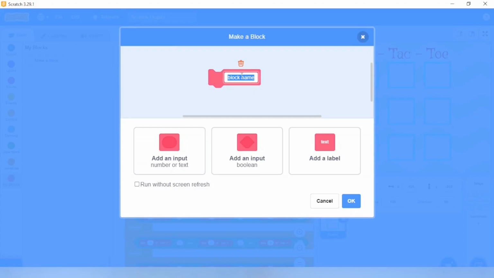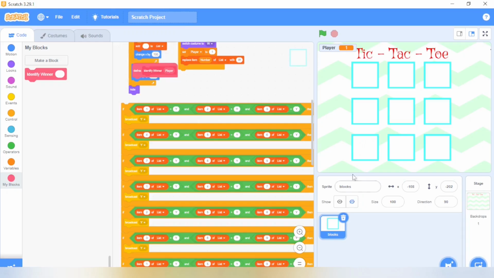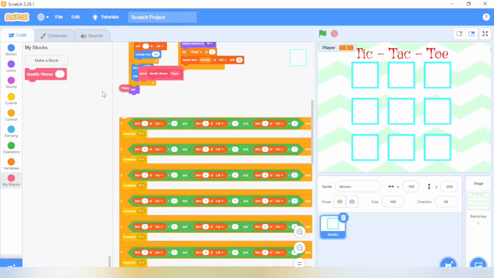For that, I'm going to write identify winner. And from where it's going to identify, I add the input and I will write over here player. It will identify the winner from our player. Click on OK. I'm going to put this block over here.